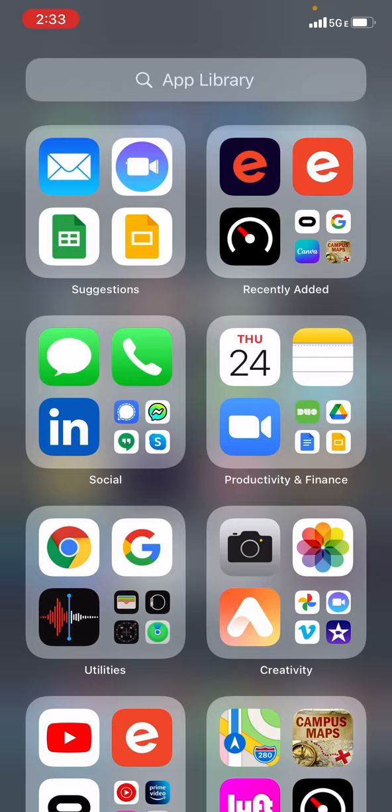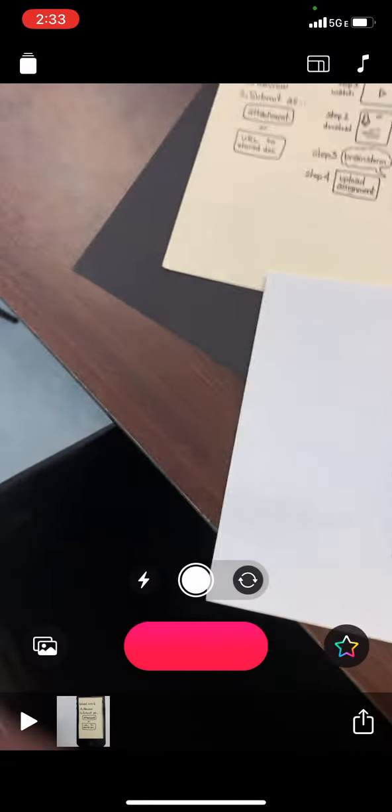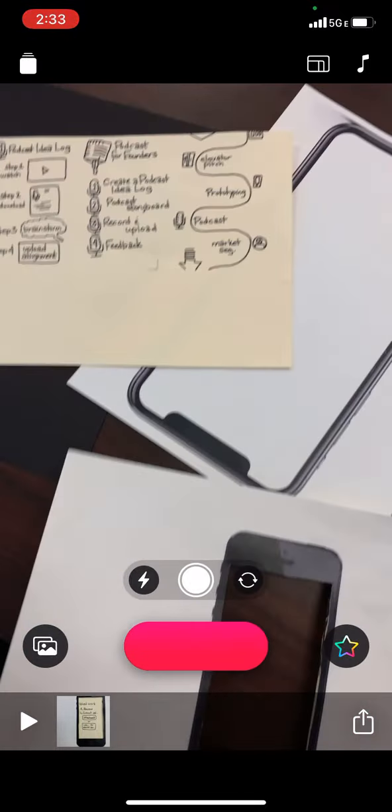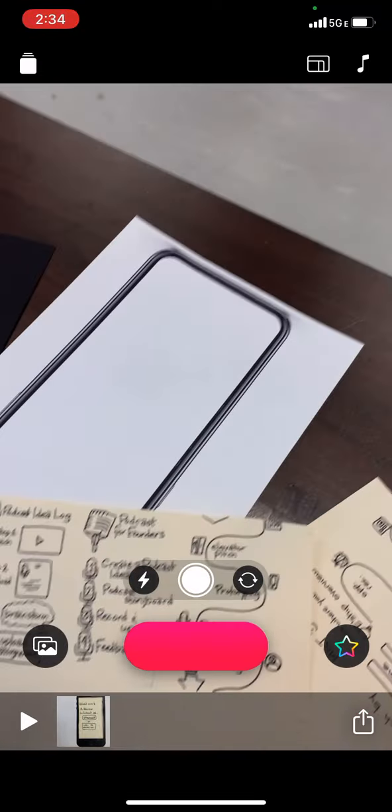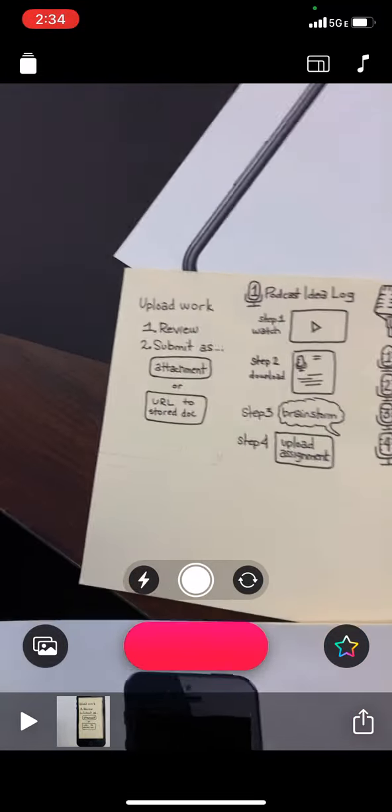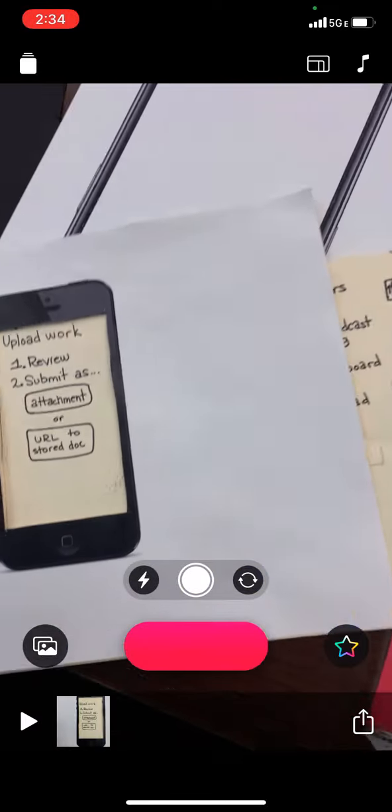Alright, so I'm going to show you guys how to use the Clip software to make a paper prototype. So you take the outside that you've made of your paper prototype, you take the inside screens that you've drawn out, you have the Clip software that you've downloaded. You then just put the